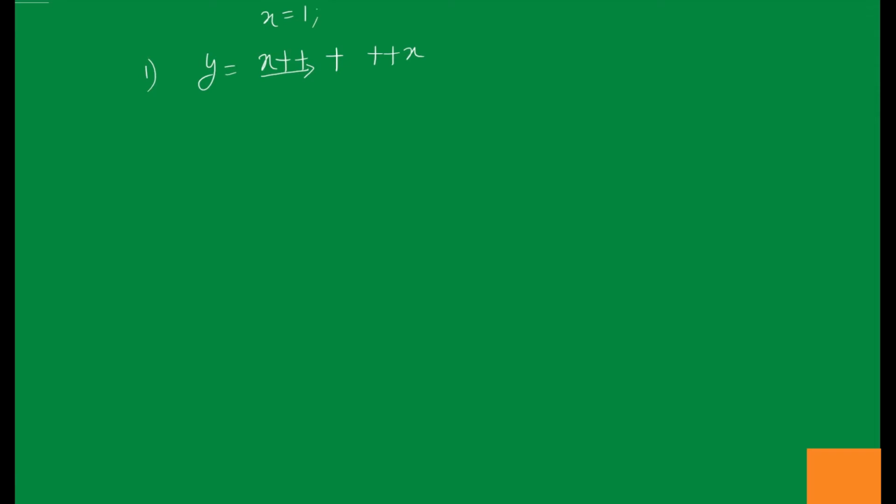So here I need to assign the value of x first. What is the value of x? This is 1, so I put it here first, and then immediately I increment its value. Whenever I increment, I put the value above the variable. So its value becomes 2 now. Then we have the plus, and then we evaluate the next part. After incrementing, the value of x is 2. Here we see ++x, which means we are going to increment it. The value of x is 2, so it becomes 3.